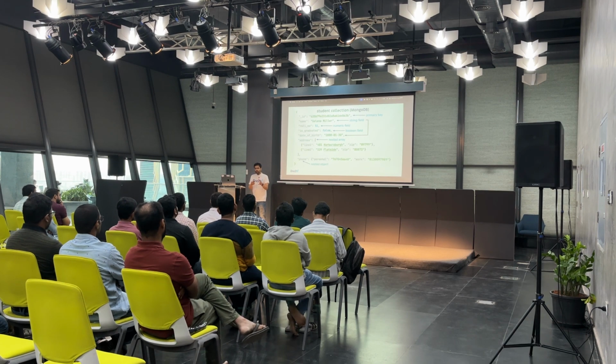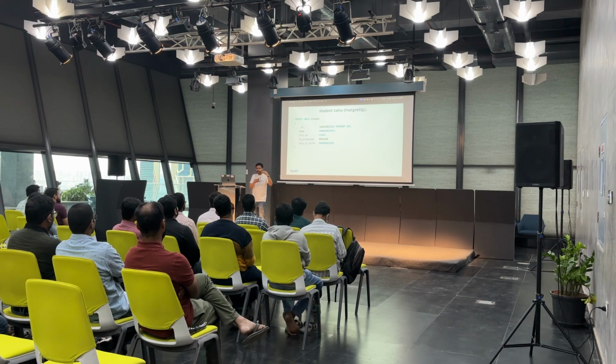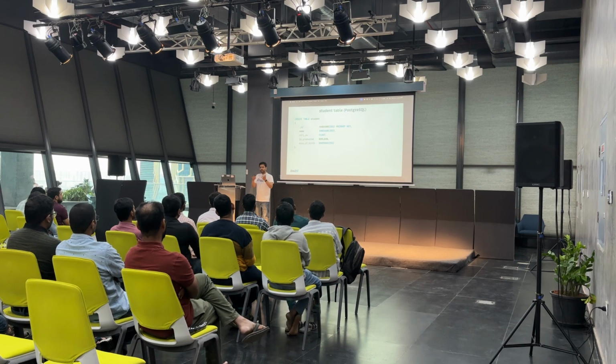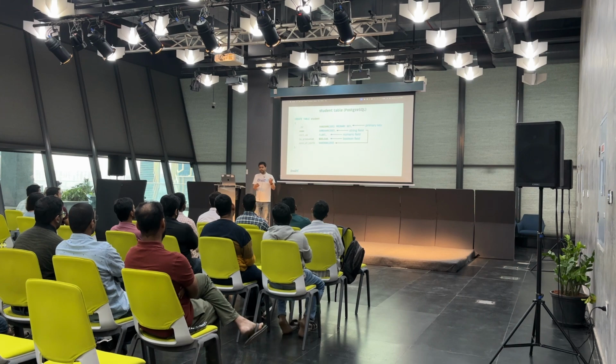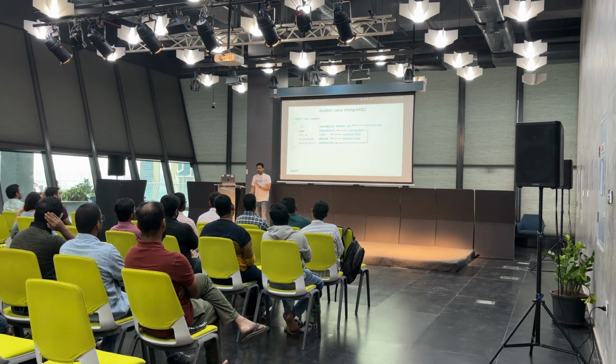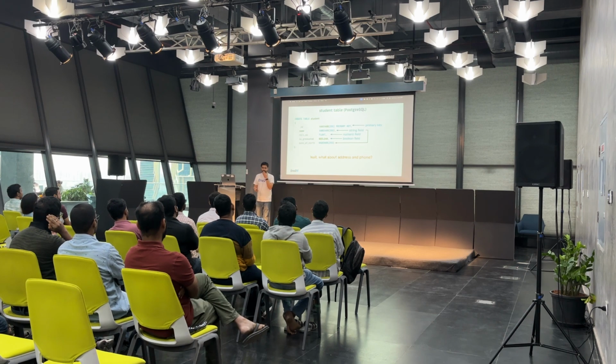So what we want to do is map this to a relational schema. How do we do that? The simple things are pretty simple. You have a student collection, so you have a student table in Postgres. You can map your ID, name, roll number, graduate boolean, and date of birth. These are plain simple fields that you can map as they are, from JSON fields to row columns in the relational database. What about address and phone? How do you map them?